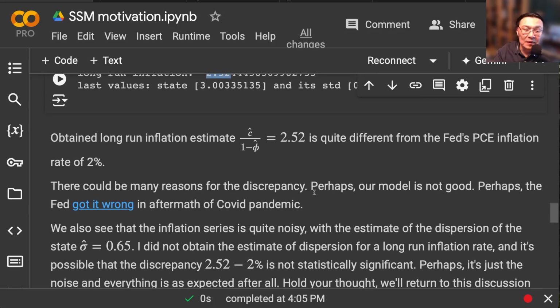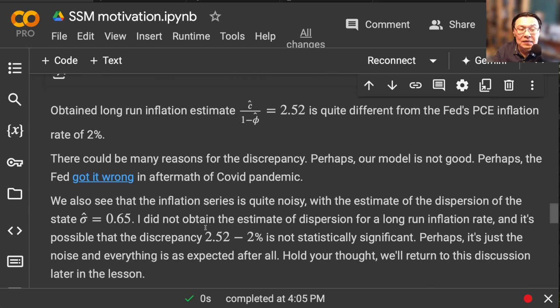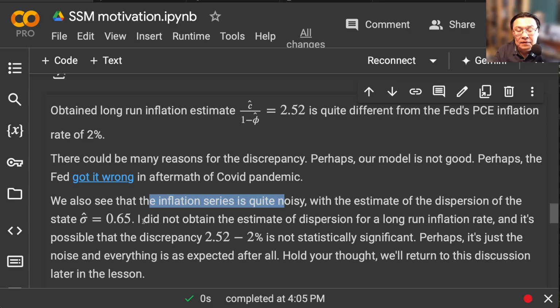Maybe our model is not good. Maybe our estimation is not good. Maybe I made an error in the Kalman filter or somewhere in my code so that I'm not getting optimal parameters. Or maybe the Fed is not doing very well. Although they say they are targeting 2% inflation, it seems like it's about 2.5, right? But another reason could be that maybe the inflation series is so noisy that